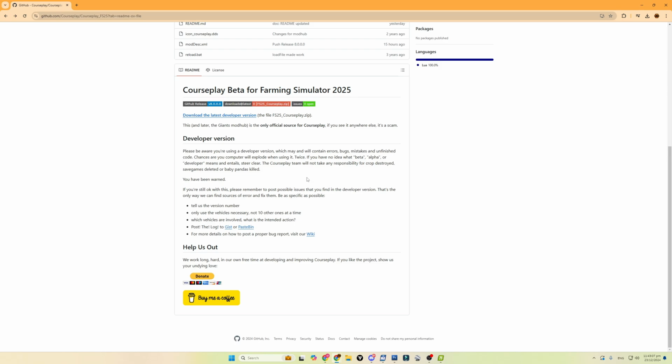That's the only way we can find sources of error and fix them. Be as specific as possible. Tell us the version number. Only use the vehicles necessary, not 10 other ones at a time. Which vehicles are involved? What is the intended action? Post the log to gist or paste bin, and for more details on how to post a proper bug report,